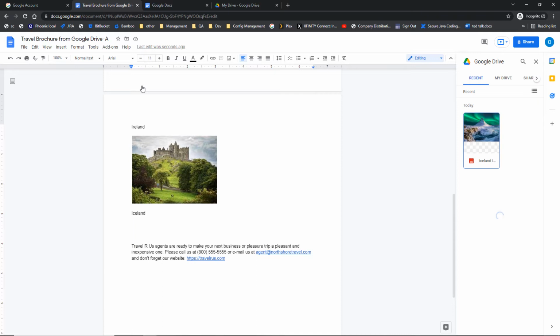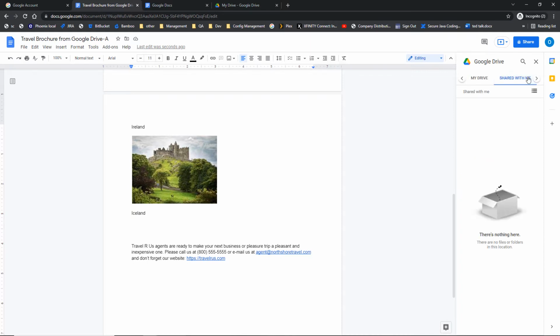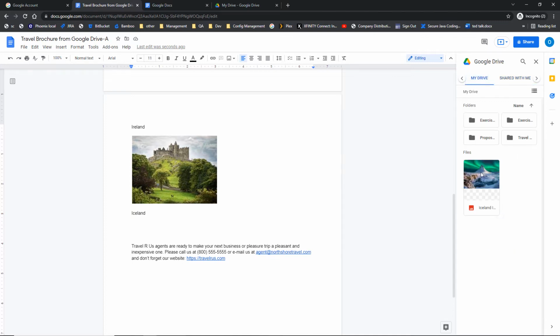Now, what's great about this is it opens up a task pane over here on the right, and you'll see at the top that it lets me see any recent images I've worked with. It'll also take me just directly to my Drive within Google Docs. And then also here, you'll notice if I have any shared areas within Google Docs, any shared folders, it would let me see those. But if I go back to my Drive, notice it's showing me images